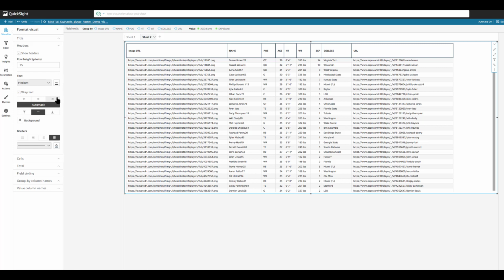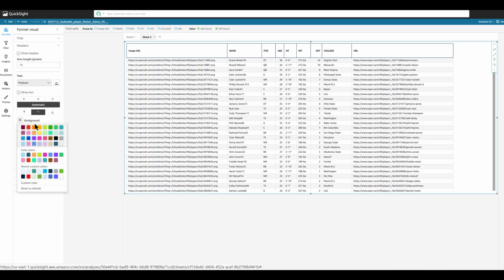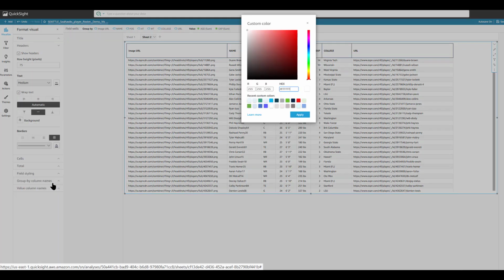For background color, choose the background color icon and then choose a color. You can choose one of the provided colors, reset the color to the default color, or create a custom color. For our case, we will use the custom color because we want to use the hex code of the color that belongs to the team logos.